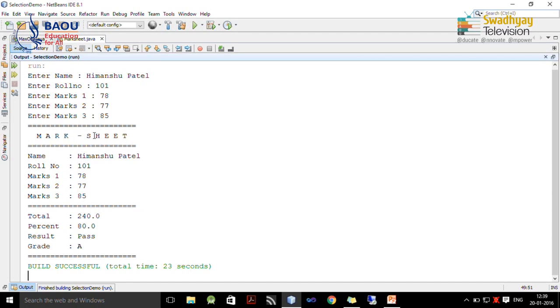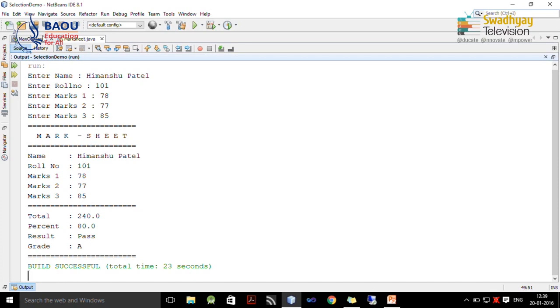Now you can see on screen it displays formatted output with heading mark sheet, name, roll number, marks 1, marks 2 and marks 3 which is already entered by user, and based on this it calculates total which is 240, percentage is 80, result is pass and grade is A.